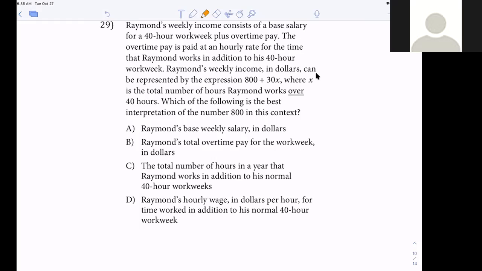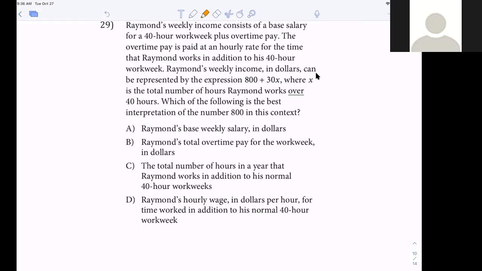Stay focused. So it says $800 plus 30x, where x is the total number of hours Raymond works over 40 hours. What is the best interpretation of 800? Well, I've already tried to tell you 800 is called the what? Y-intercept. That is the what? Initial amount. Thank you. Sounds good, doesn't it? So the correct answer is,